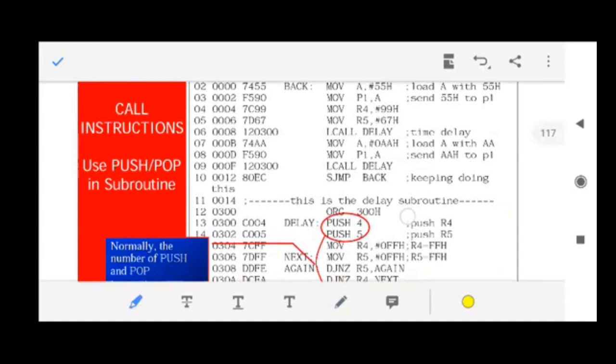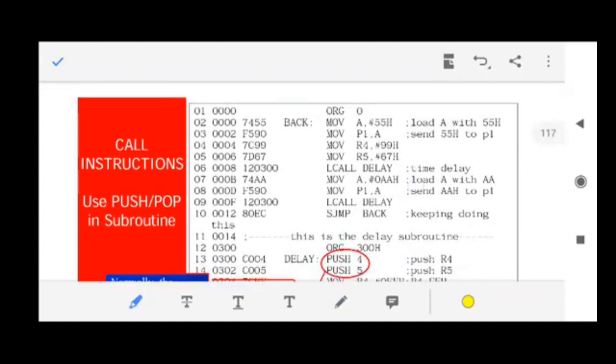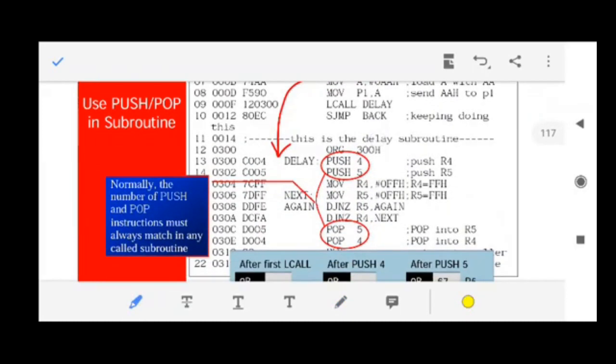One important thing which I have forgotten to tell you, I'll just tell and then finish this lecture, that a subroutine, for example, within the same program itself, you are doing a long call. So you are coming to this place, delay. Within the delay, there can be some instruction like push and pop. Push and pop. What does it mean?